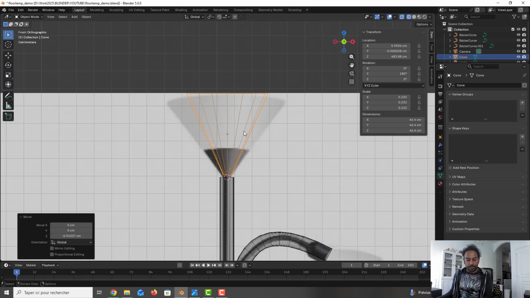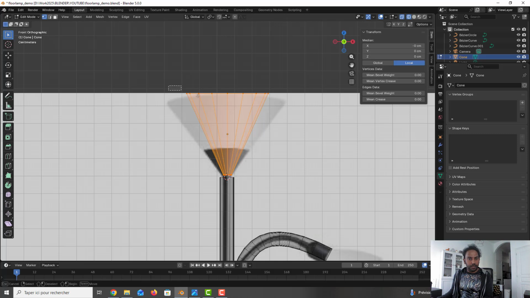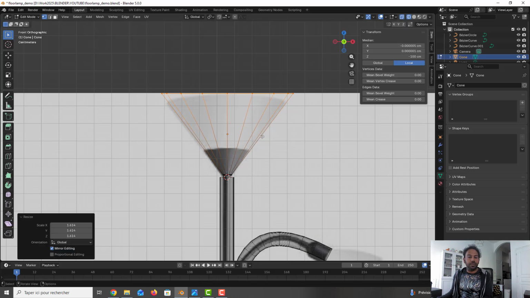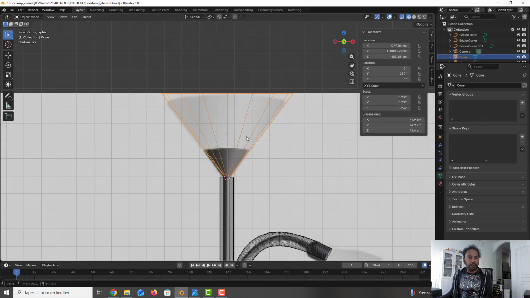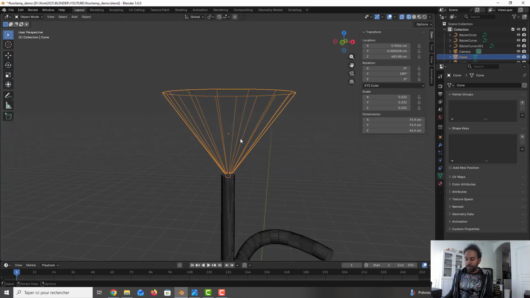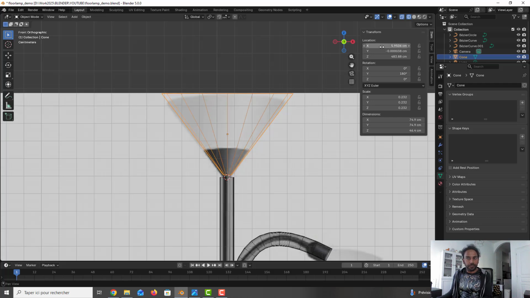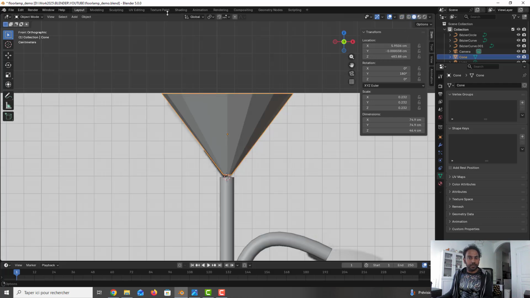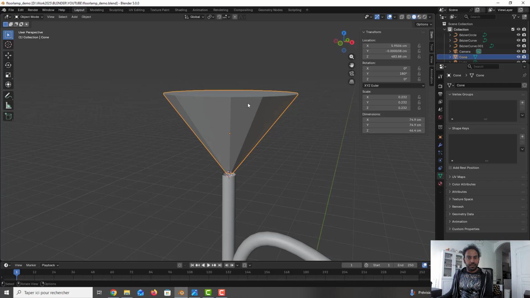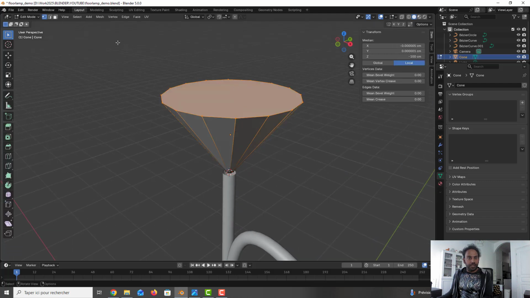So I press Tab and I take all the vertices on the top, be in X-ray mode, S, and I scale like this. Perfect. We don't constrain because we want the shape to be the same in all dimensions. Okay, when you have that, we go to the edit mode, we remove the face on the top,